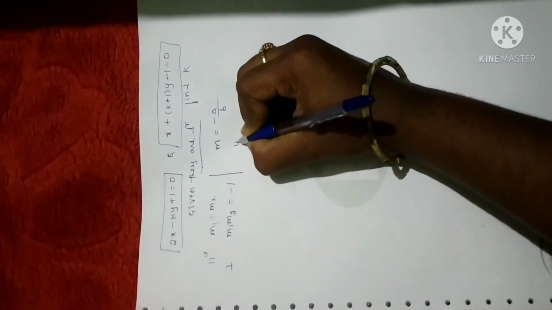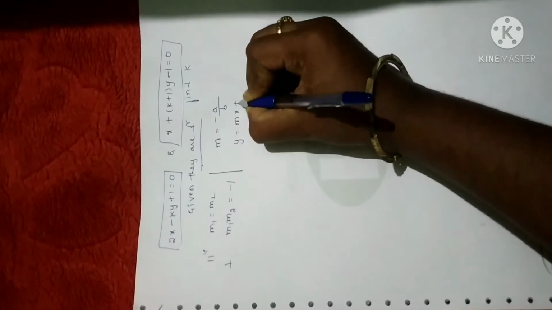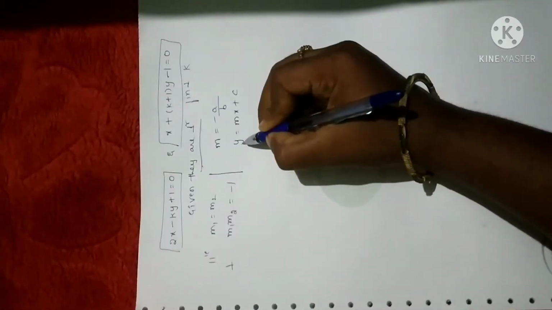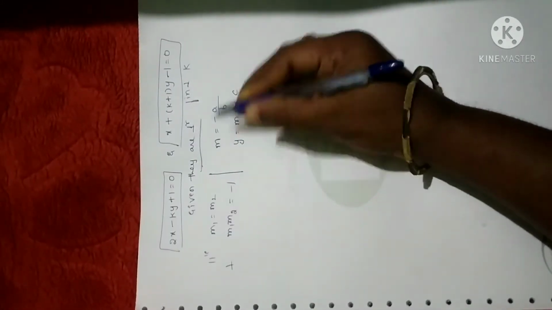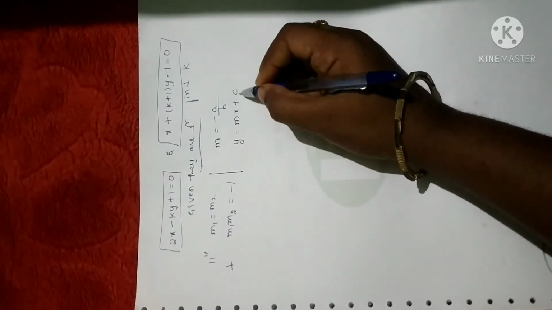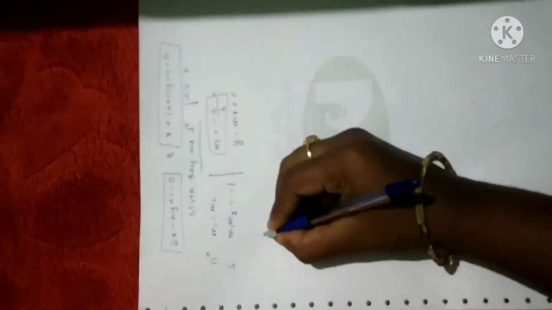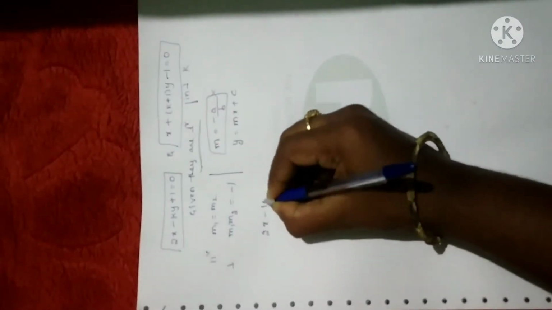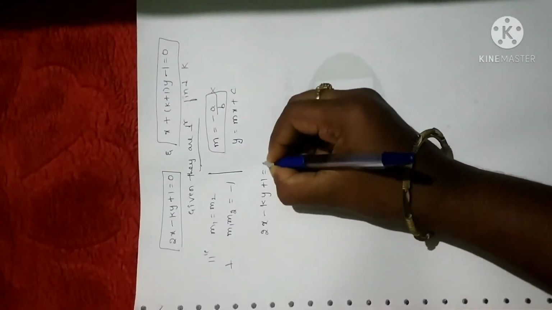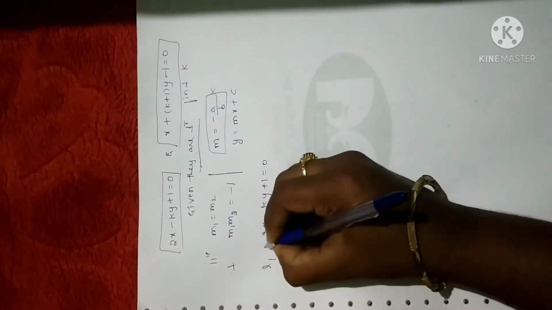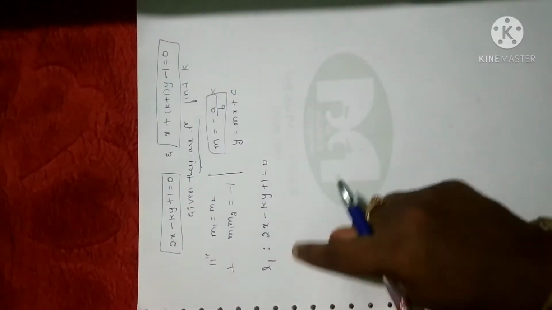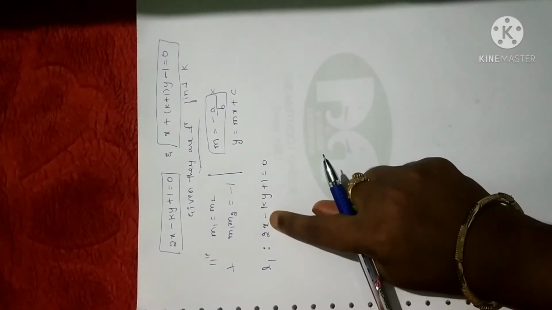Or else we can write it in y is equal to mx plus c form. In the sense, keep the value of y on one side and shift the remaining terms to the other side. There may be chances to forget the formula, so let me tell you the second method. 2x minus ky plus 1 is equal to 0. I have taken this as line 1, L1. I have to find the value of m.